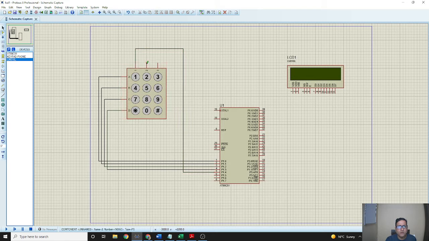P1.4 and this second pin to the P1.5 and this third pin to the P1.6. So this part is okay. Now we will make the connection of this LCD. We will take port 2 of the microcontroller, 21 pin, and connect it to the